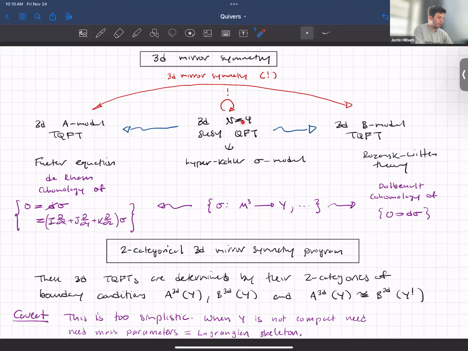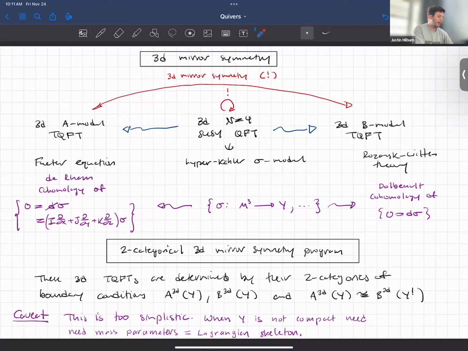And then these 3D N=4 theories have two families of topological twists. The first kind, or the most studied kind, is the 3D B model, or Rozansky-Witten theory. And roughly, this thing looks very much like a 2D B model. In this case, again, your field becomes locally constant. And you're going to study Dolbeault cohomology of this space of maps, or of various spaces of maps